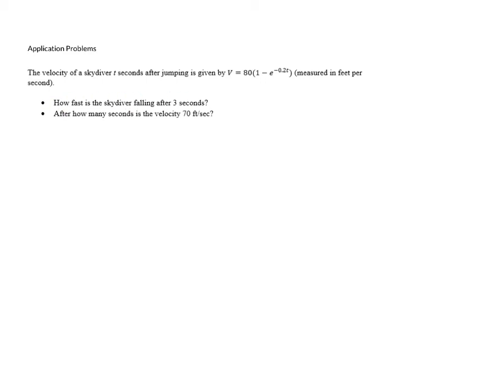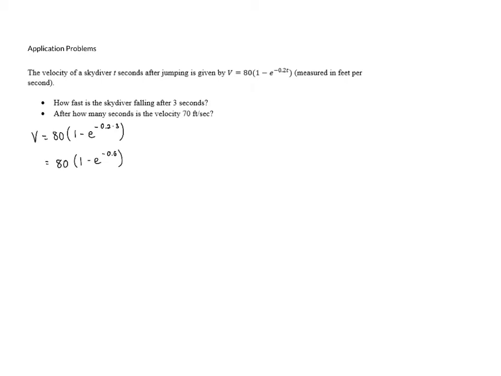First, how fast is the skydiver falling after 3 seconds? In this case, we're looking to find the velocity when t equals 3. So all we need to do is substitute in 3 for t and then evaluate this function. So we have v equals 80 times 1 minus e to the negative 0.2 times 3. And negative 0.2 times 3 is negative 0.6. So that becomes e to the negative